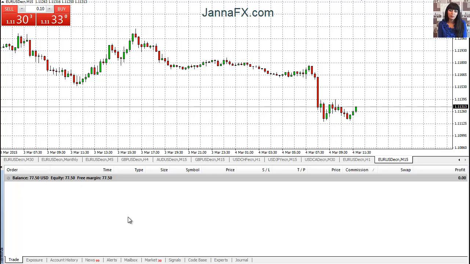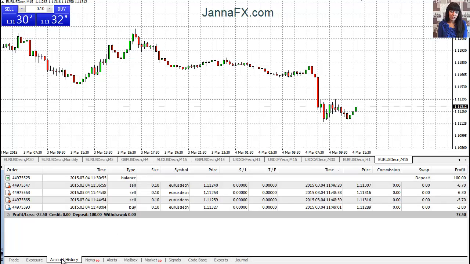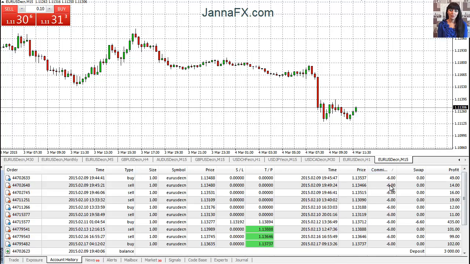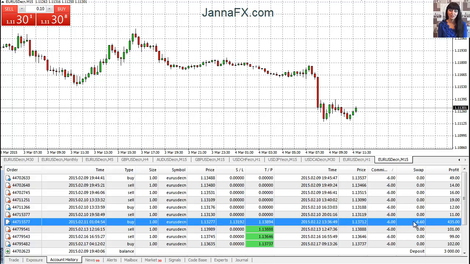So that's it. Also, if you look in the symbols, we also have the commission, as you can see, and swap. If we're trading a micro account, there is no commission, because the broker takes the spread. The commission for the broker would be the spread, and we'll be talking about it in another video. If you trade on a pro account, here it shows you the commission,